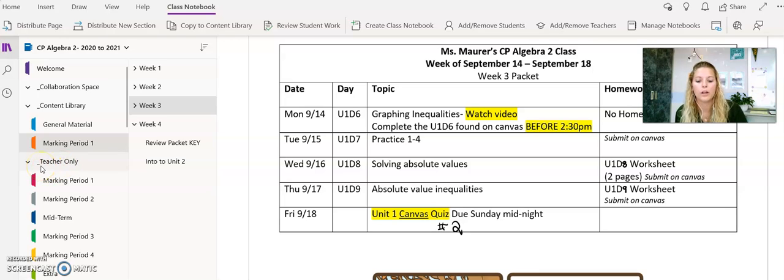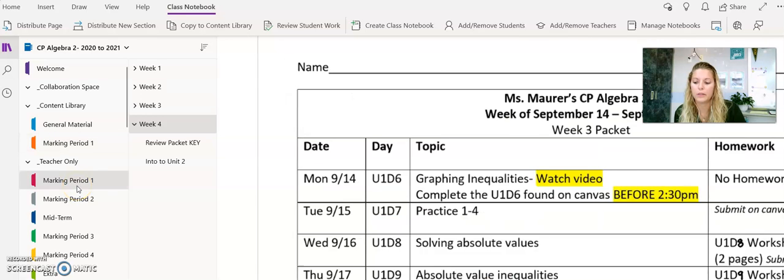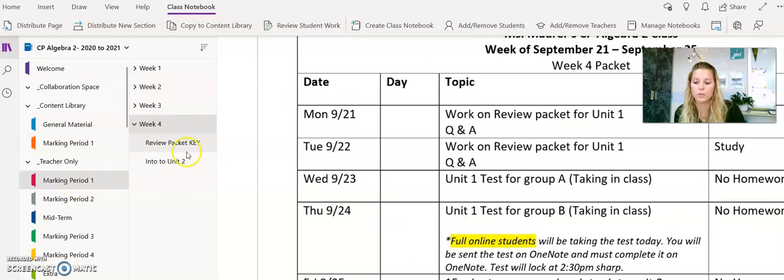Obviously, for confidentiality purposes, I'm not showing any of my students, but I have one that's called a teacher-only section. This would be kind of what the students would see. So this would be your student's name, followed by all of these different tabs. Obviously, right now we're still in marking period 1, so most of the content we have is under marking period 1. When you go under marking period 1, you can expand your students' work and actually click on their notebook